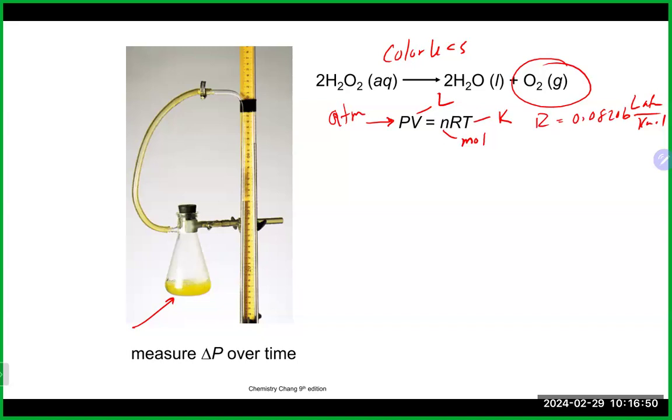So because we have obviously no solution or anything here that has any type of color, as I mentioned, measuring the absorbance values is not going to be very helpful here. But we do have a pressure. So you maybe think to yourself, well, I can monitor the pressure for sure, right? But how is that going to help me? If we take the ideal gas law and solve it for N divided by V, that would give me P over RT. Once again, N is moles, V is liters, and moles over liters is